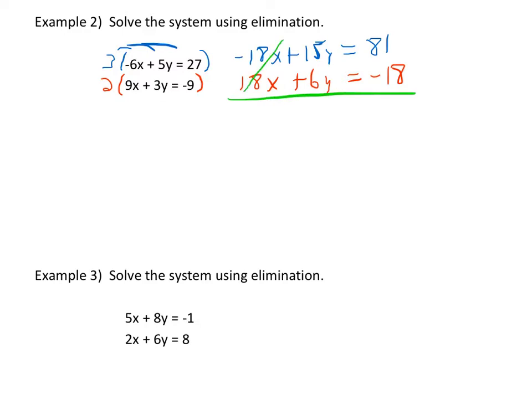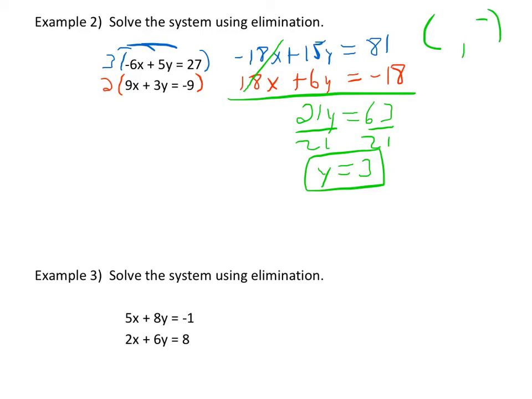And when we add them together, the x's cancel. And we give you 0 x's. Our y's would be 21y equals 63 divided by 21, and y is equal to 3. And we'll take that,